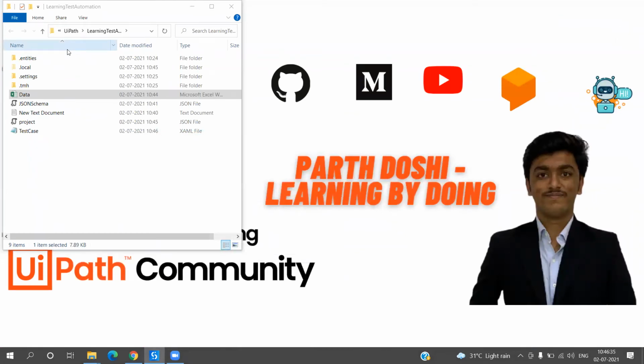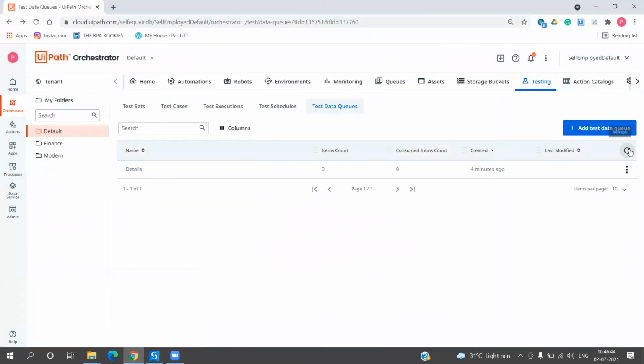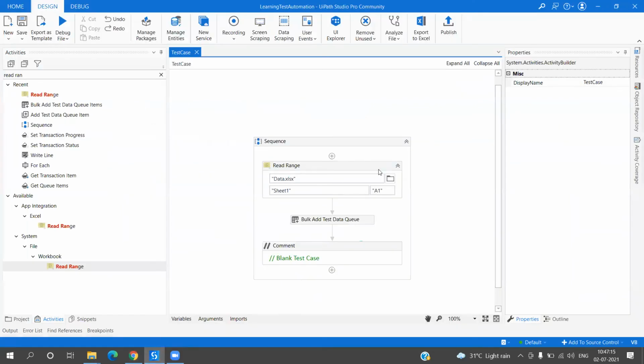So we should be having all the data in the JSON format in our orchestrator queue, hopefully without any errors. Let me refresh this, and we had 6 rows and the data is available over here, and view items. Now if you see, all the items are available over here in the JSON schema. Now normally in orchestrator queue, we have in progress and that kind of different steps. Here we have whether the queue item is consumed or not in any test case, or is it processed or it is unconsumed. You can see the various options available over there, right? So this is how we can bulk add the data.